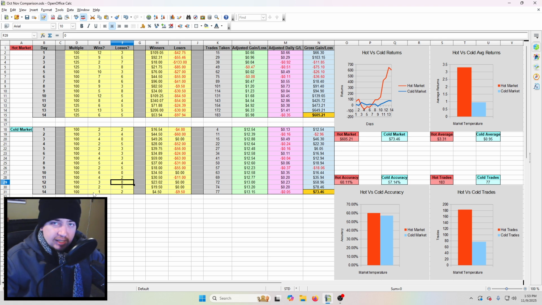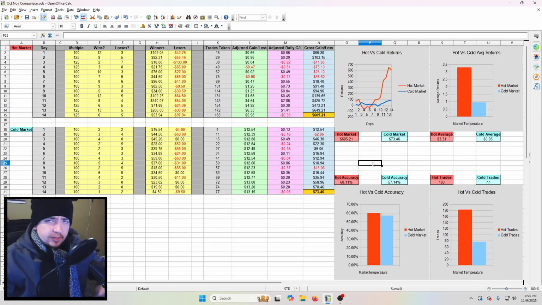And then when the market heats back up, I can start looking for these more aggressive setups where I'm looking for the bigger moves. I'm looking to take more trades, and I can be somewhat reliant that the hot market will bail me out, even if I take inappropriate entries, exits, and all that stuff. But yeah, I just wanted to go over this, kind of give my thoughts on a hot versus cold market context.